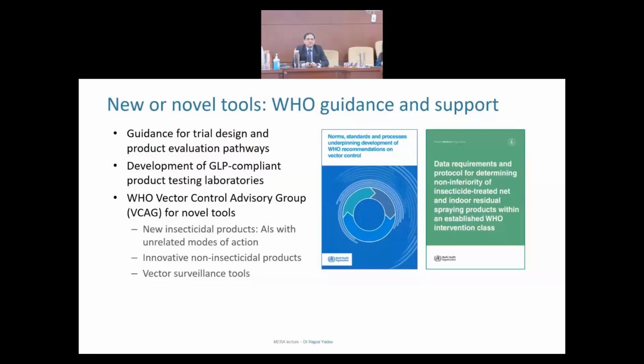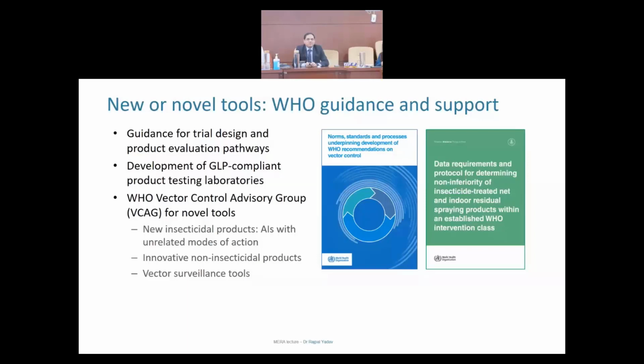At the same time, we have also recently, in 2021, developed guidance on non-inferiority trials of insecticide-treated nets. So tomorrow, if you develop a product that you claim, for example, that this insecticide-treated net is very effective against malaria, you need to show the results against a gold standard or some product that is already available, and then show that my Y product is better than X product. So then how would you do that? Then you will have to